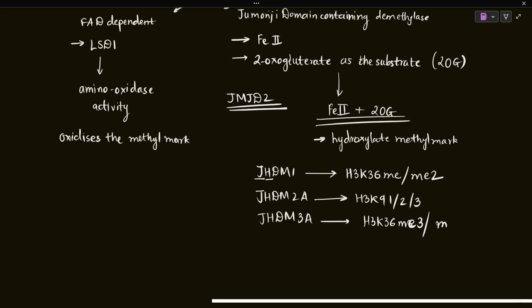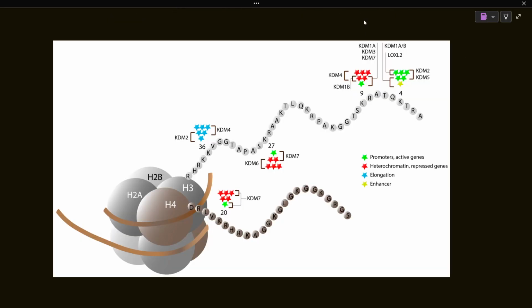So here, this image is taken from a research article, and this research article discusses the different histone demethylases. Initially, it was thought that just like DNA methylation, histone methylation is also a permanent mark, a stable mark which can't be reversed. But as soon as we discovered the histone demethylases, we got to know that no, this mark can be reversed. So this paper discusses the Jumonji domain containing demethylases which come under